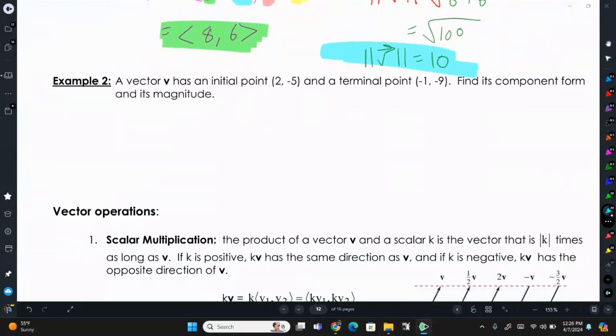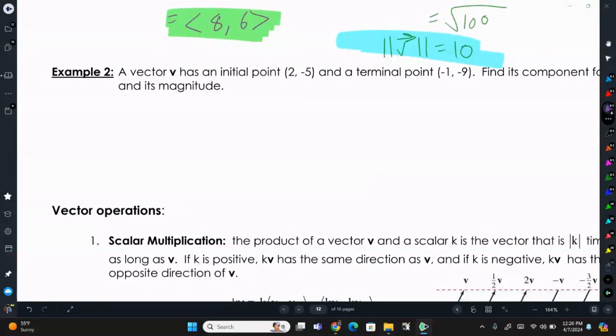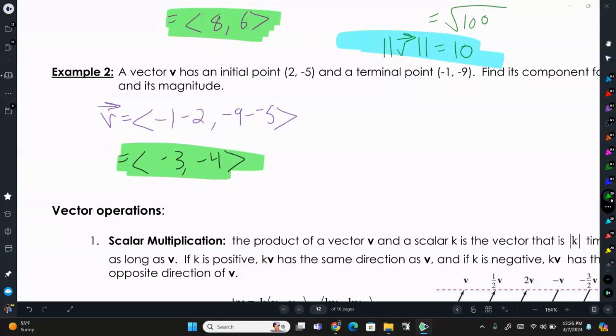All right, now example 2, we have the initial point at 2 comma -5 and the terminal point at -1 comma -9. So our component form is going to be -1 minus 2 comma -9 minus -5. -1 minus 2 is -3, and -9 minus -5 is -4. So that's our component form, -3 comma -4, and then our magnitude,